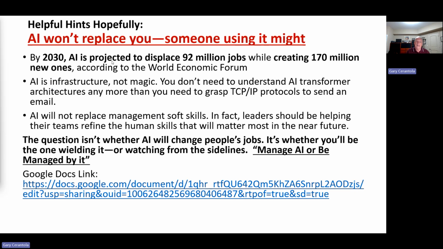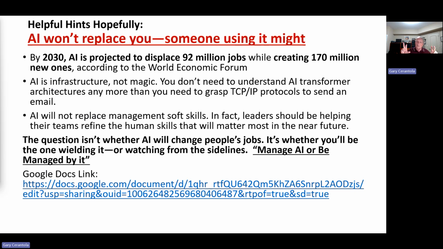here's the key: AI may not replace you. Artificial intelligence, but someone using it might. And look at this, by 2030, AI is projected to displace 92 million jobs while creating 170 million new ones. I mean, it's not a surprise that I introduced assignment number 3 to really give you a sense of what's out there and basically look at your choice of career going forward and how you can adopt and become in that elite 20% and always be employed.